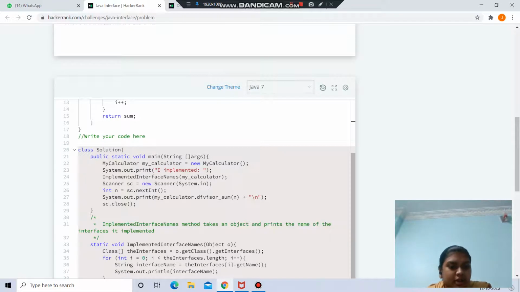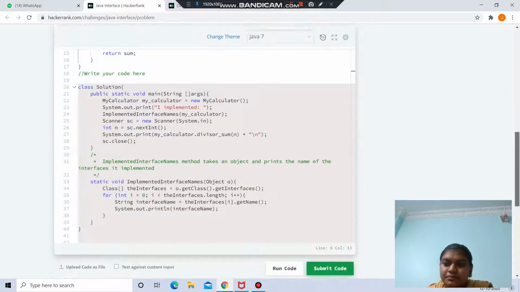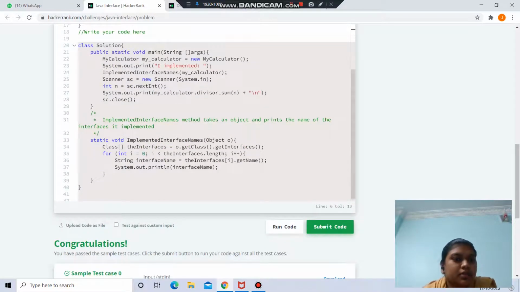Then here we have given the class Solution, that is public static void main(String[] args), MyCalculator my_calculator equals.